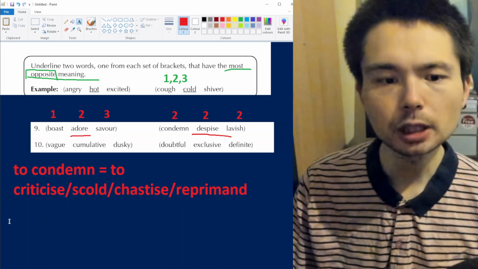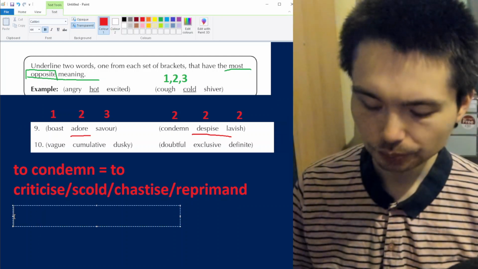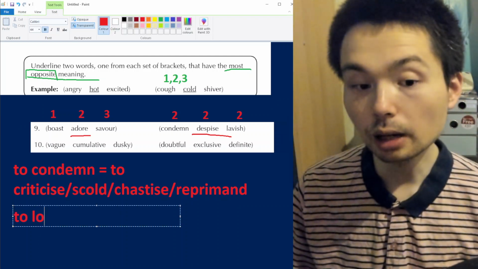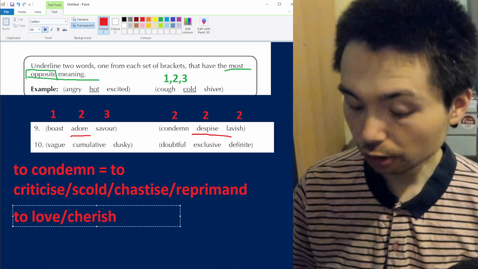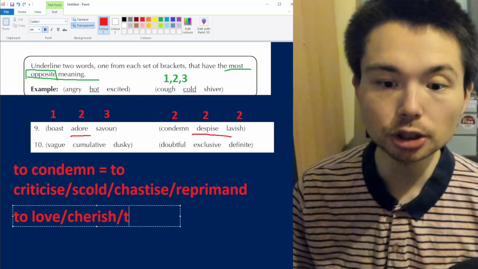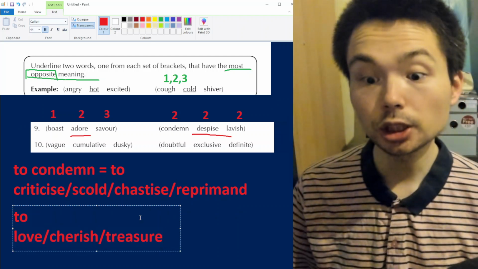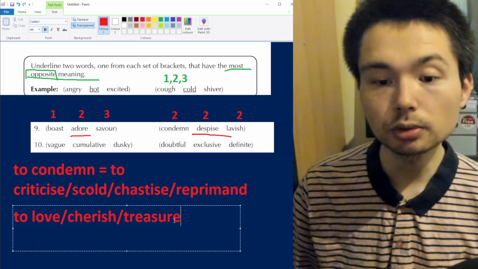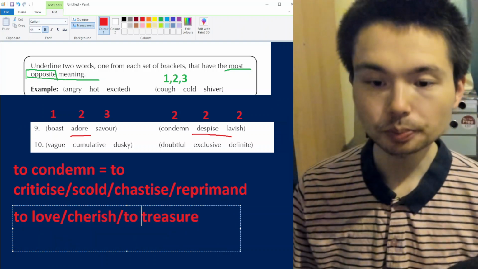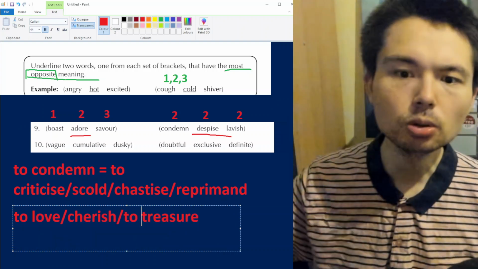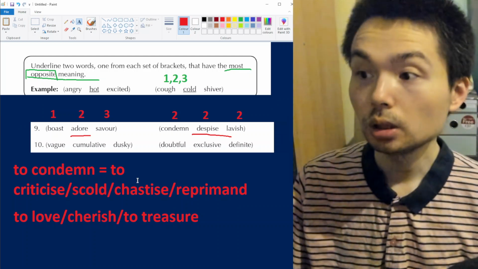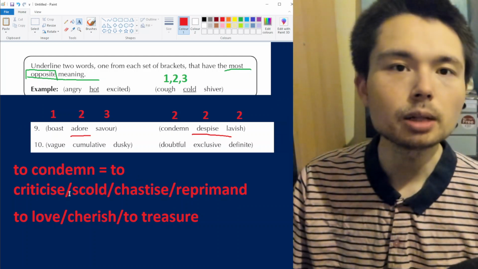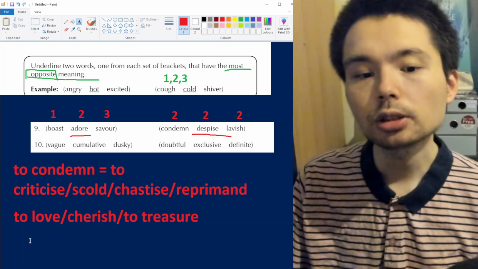Adore. I've just said that means love. What's another cool word for love? Cherish. You might cherish a memory on holiday. To treasure it. Treasure here is a verb. What a wonderful verb. To look back on your wonderful holiday, and every time you get the chance to look back, you are actually